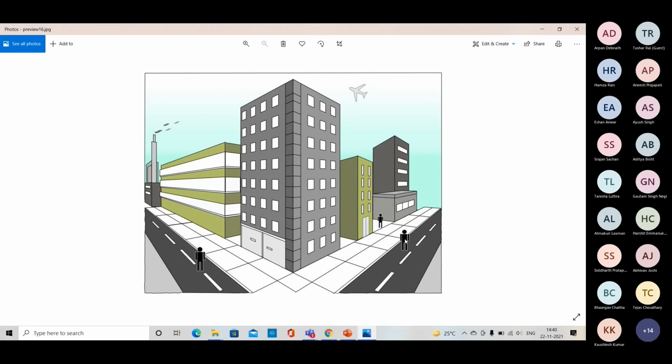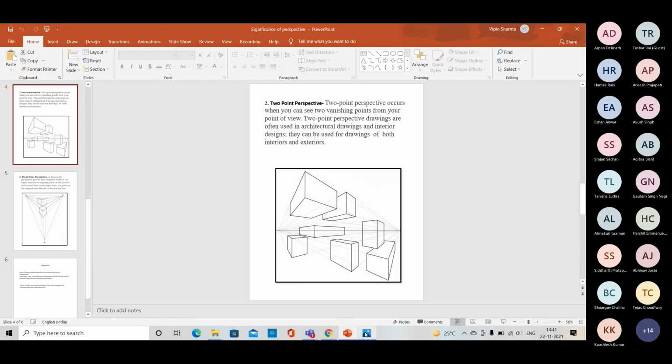Thank you, sir. If it's related to this query, I don't know. I'm not sure about your question. So is it like placing a human being like this? Yes, that was my question. So according to the vanishing point, you can place it, but there would be no perspective in a human being. We can place it according to the distance of the vanishing point. We can reduce the size of the human. Okay, no issue with that. Just go through the PPTs and the video also. Then start making this figure.